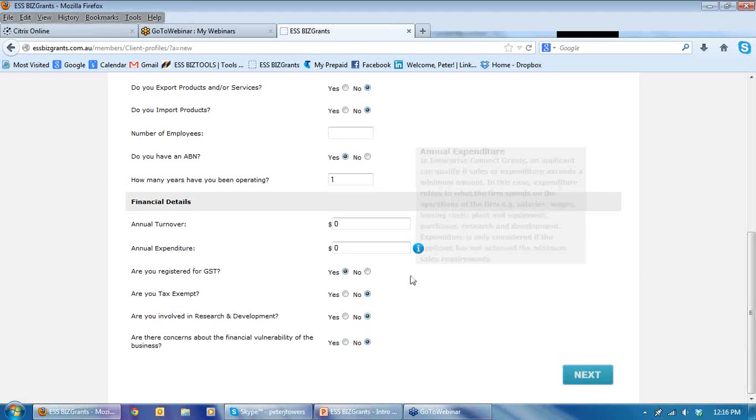Registered for GST, yes, you have to be registered. If you're tax exempt, you're obviously a charity or not-for-profit and you won't be offered a grant yet. Or if you are